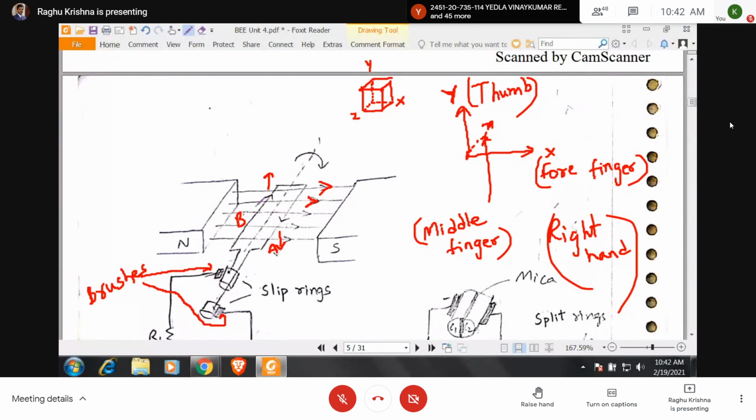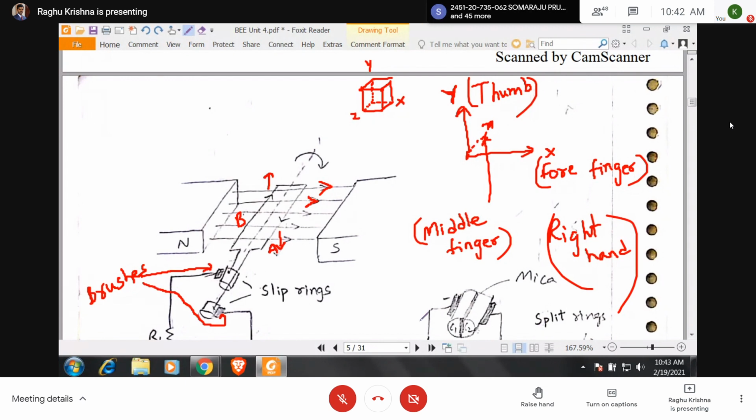So here you can see the direction of the magnetic flux. So here it is along the x-axis. Assume it is along the x-axis. Now here the conductor B is moving up. So here the thumb indicates the direction of motion. What about the middle finger? This will be the direction of the middle finger of the right hand. Now here, you are going to get this direction of the current. Is it clear? So you are going to get the direction of the current.